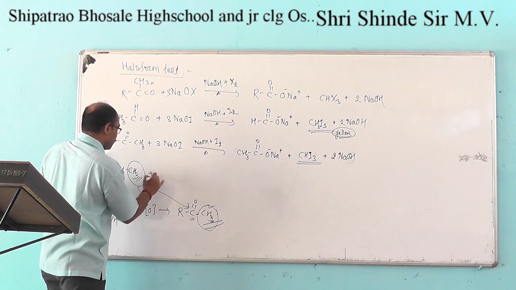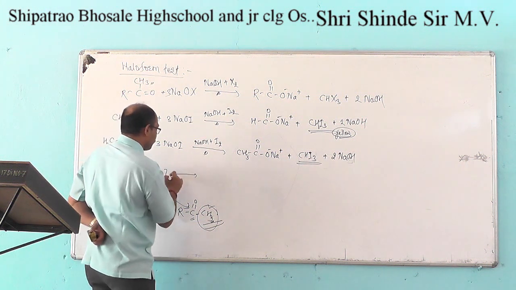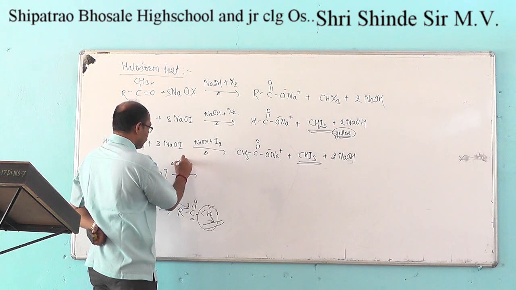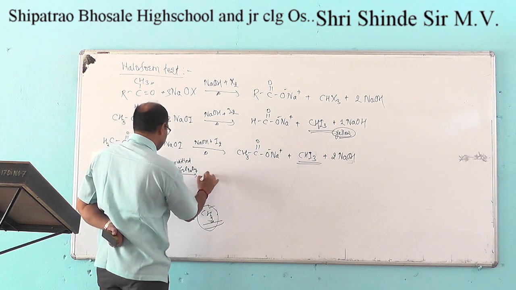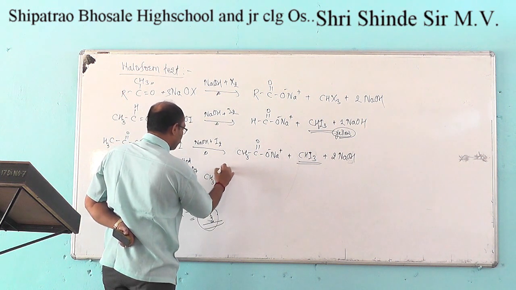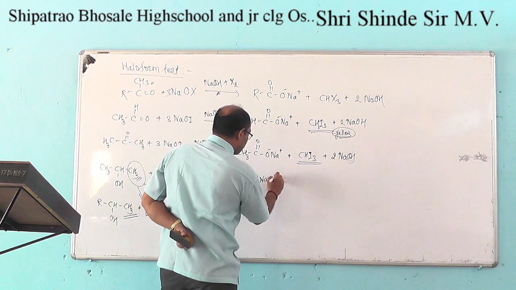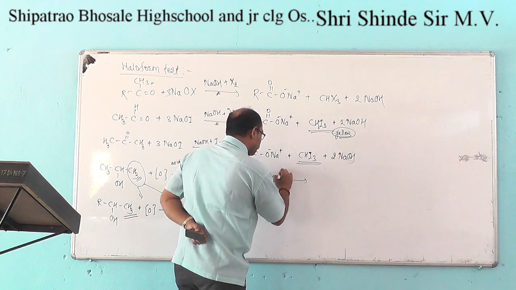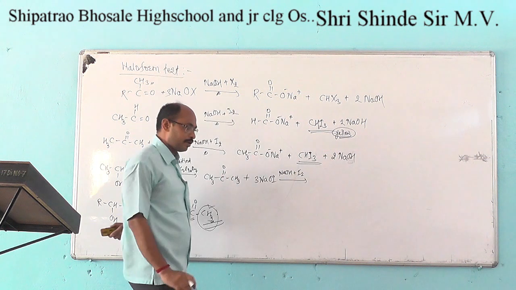It is firstly oxidized by using acidified potassium dichromate solution, which gives us the formation of acetone, which further on treatment with sodium hypoiodide prepared in situ by the action of sodium hydroxide with iodine molecule